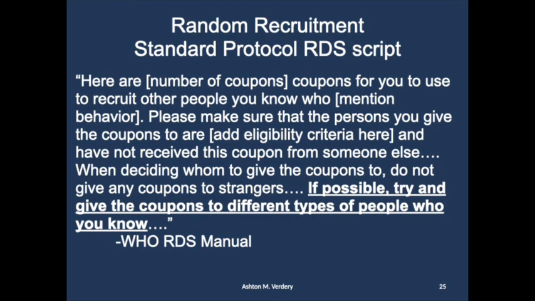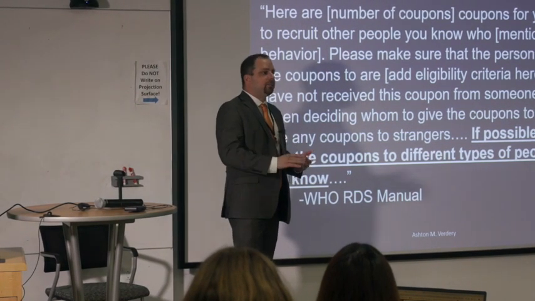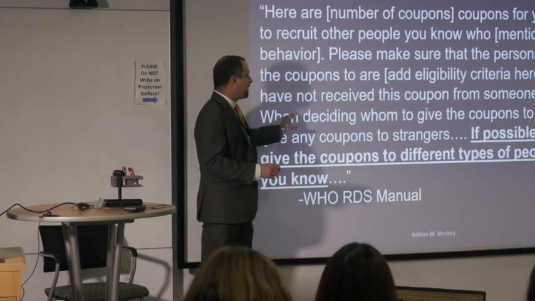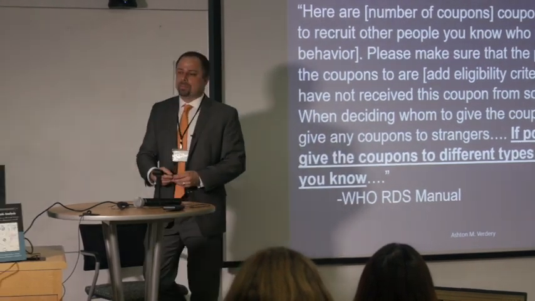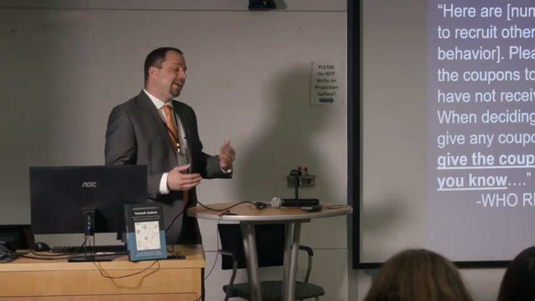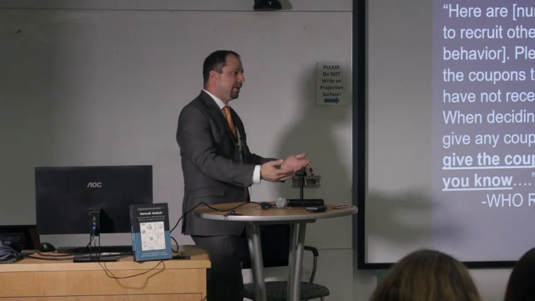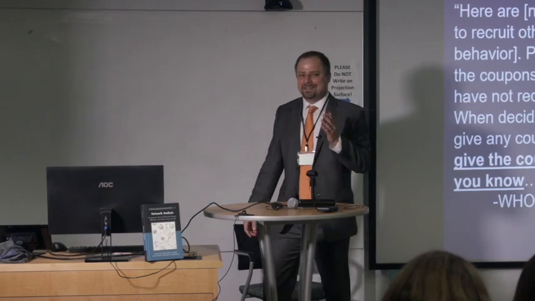The other part of RDS is the recruitment part. So there's the estimation part and the recruitment part. The recruitment instructions, I think, are sometimes overlooked, but the idea is that you ask people to recruit their network members semi at random. The statistical theory is that they're recruiting randomly amongst people they know, and this is how that's operationalized and explained to respondents to get them to do that. But you'll notice it says things that are not exactly concordant with the statistical theory of conditional random recruitment. Here it says, give the coupons to different types of people you know, for instance, which is not exactly the same thing.